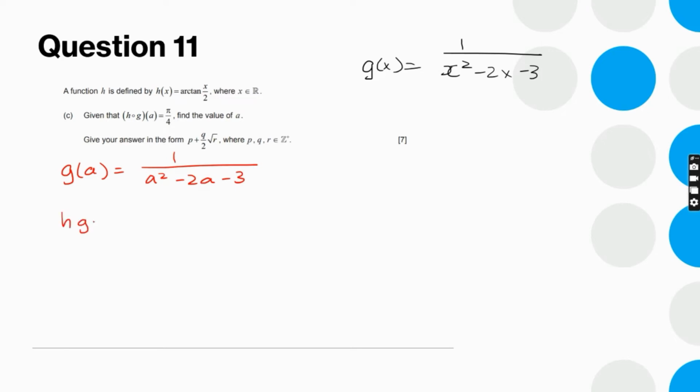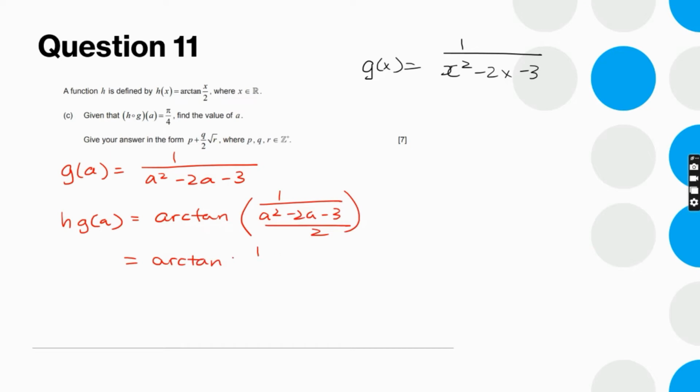So hg(a), the composite function, I will substitute the x in h(x), and h(x) is actually arctan of x over 2. So I will get